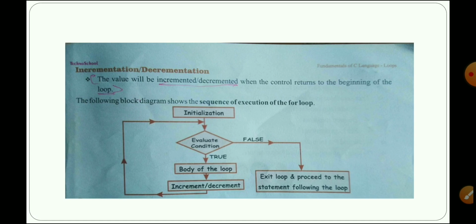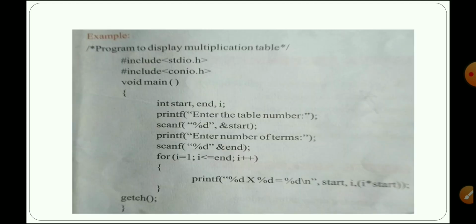This is the for loop flowchart explanation. This is an example of a for loop. I equal to 1, I less than equal to end. The end value they didn't give, so you have to enter it yourself: 10 or 20 or 30.